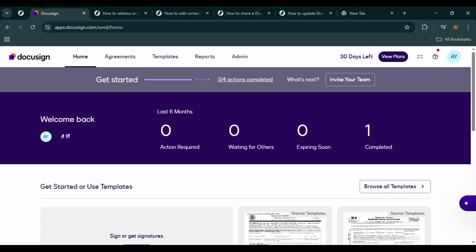Alright, let's jump right in. The first thing you need to do is open your browser and go to DocuSign. You can type in apps.docusign.com and log into your account using your current email address and password. Make sure you're signing into the correct account, especially if you manage multiple DocuSign profiles. Once you're logged in, you'll land on your DocuSign home dashboard, where you can see your envelopes, documents, and recent